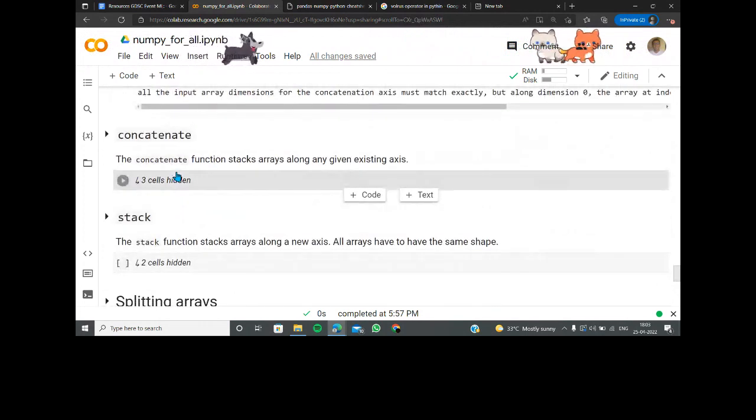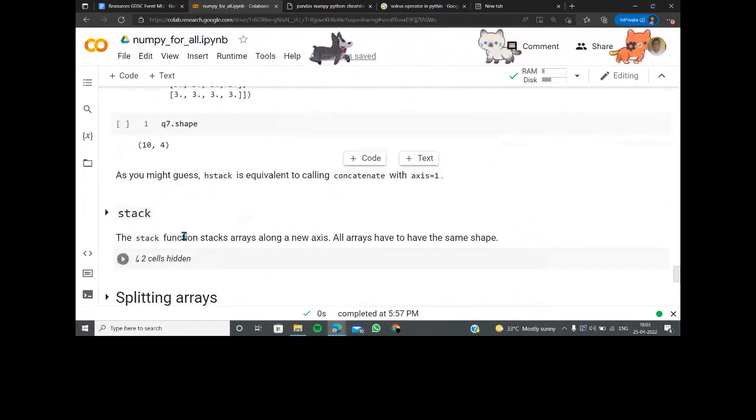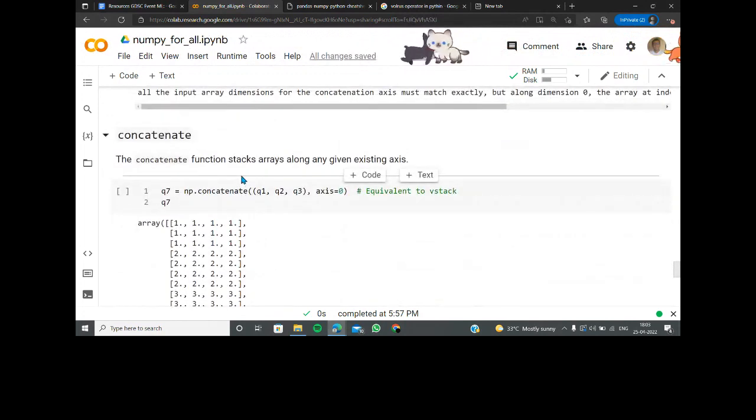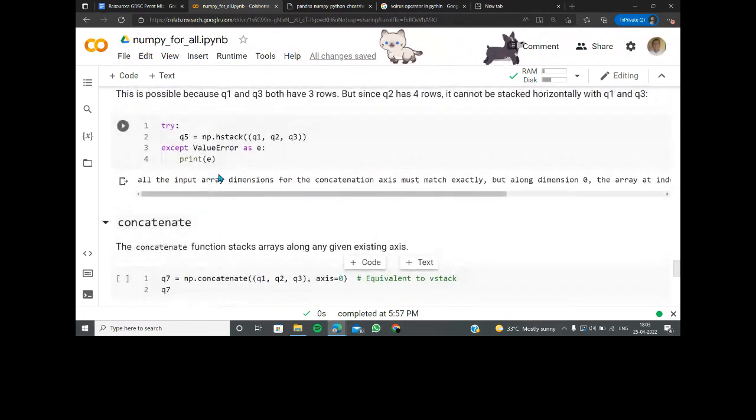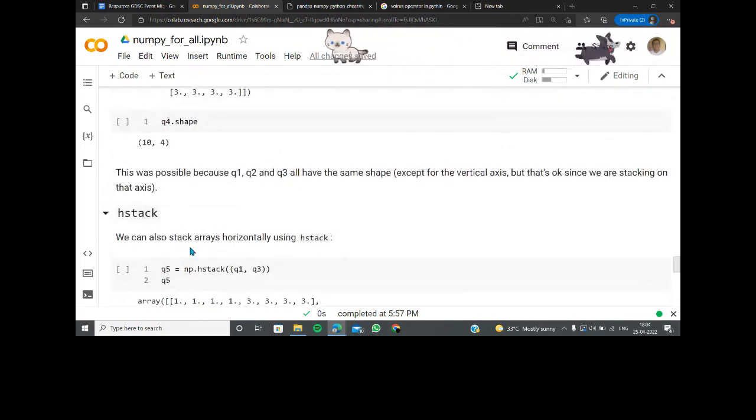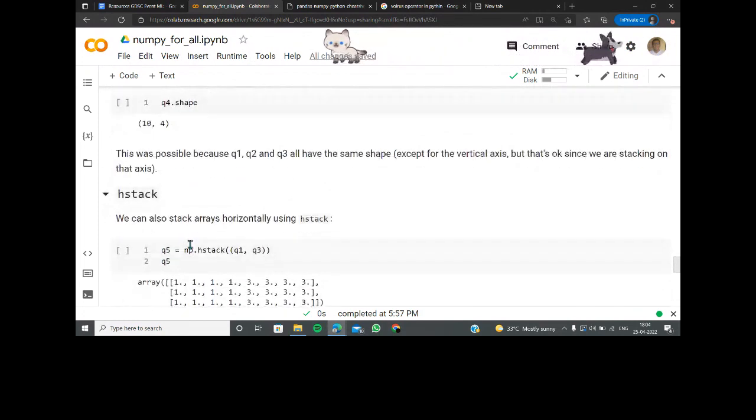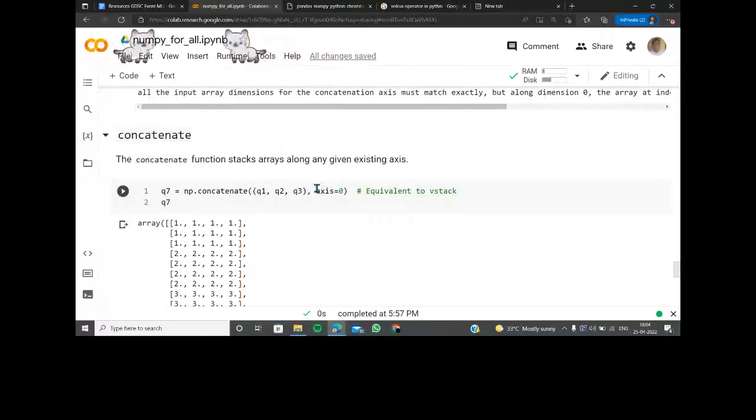So hstack is here, concatenate is here. Of course you guys know how to concatenate two things, right? How do you join two different matrices? You know that there are different matrices that I just generated right now, and let me concatenate them. So comma, comma, comma with a tuple is going to give you that, and the axis is going to be 0, which is like you arrange basically in the dimensions of it. So if it's available, make sure that the number of rows or the number of columns get their axes done. So you can do 1, 2, 3 and experiment with it, but axis is always kept 0 initially when you're learning.